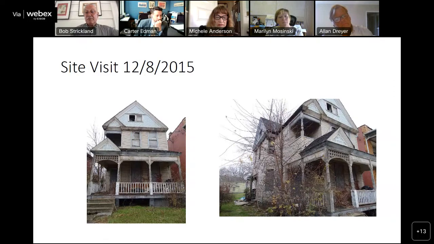And so spending some time, Landmark staff working with the building and housing and the demolition people and even the tax authorities to try to come up with a system to be more proactive in identifying these threatened properties would be highly beneficial. But in this particular case, just looking at the pictures and recognizing the due diligence that has gone into the property to this point, I have to agree that I think this one's too far gone